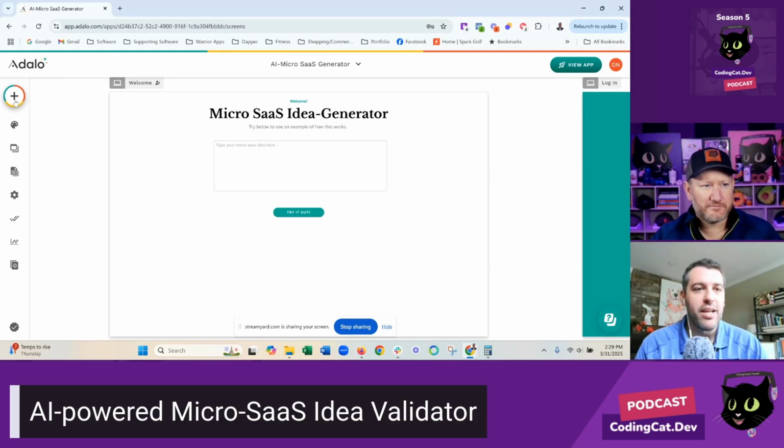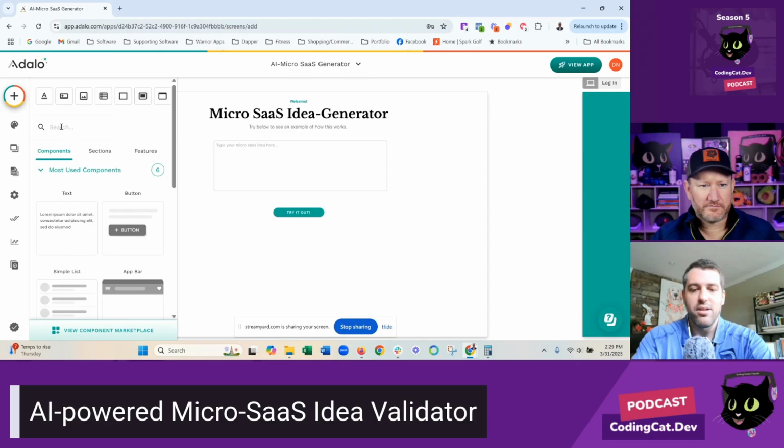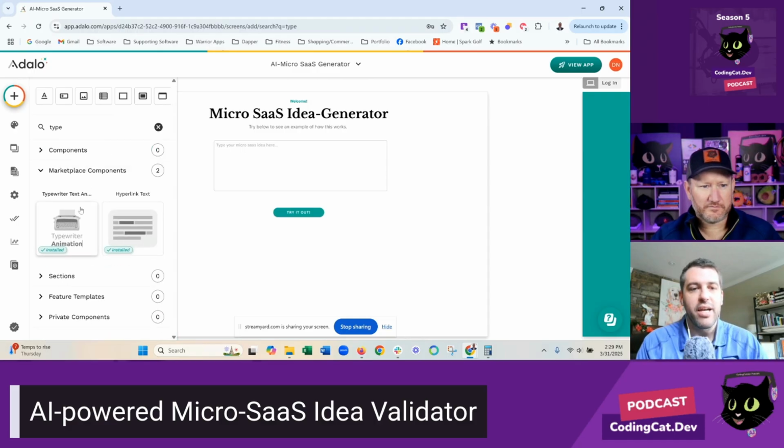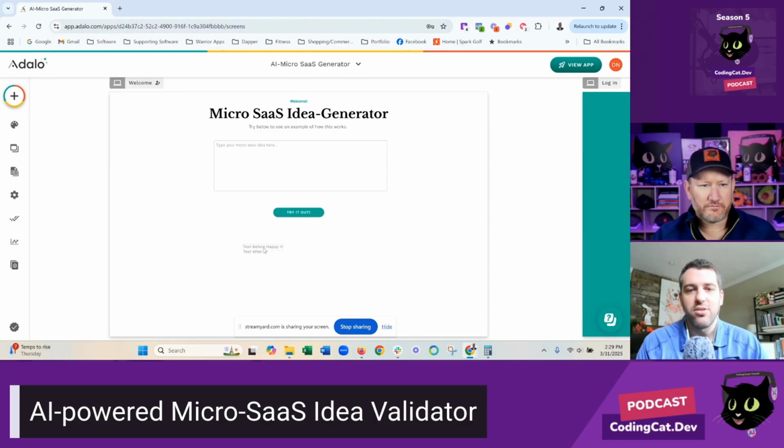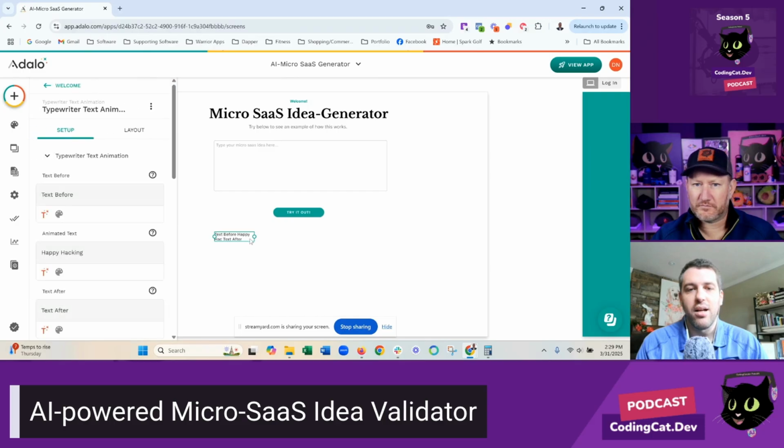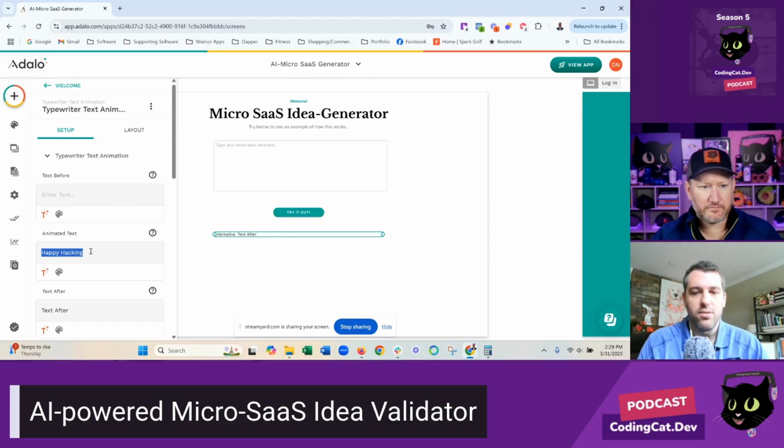But what I do a lot actually is there's one called typewriter text. It looks a lot like ChatGPT. It'll actually just typewriter it, right? So what I'll do here is the animated text.